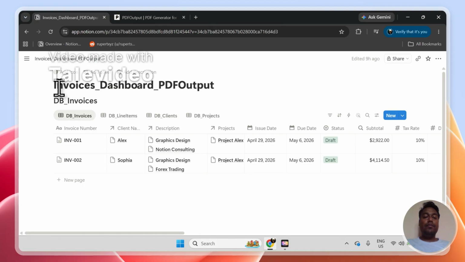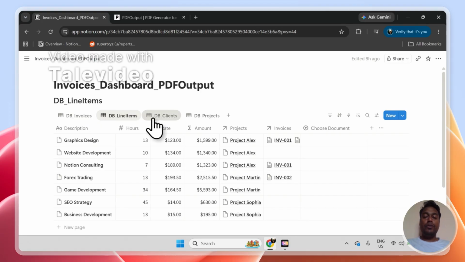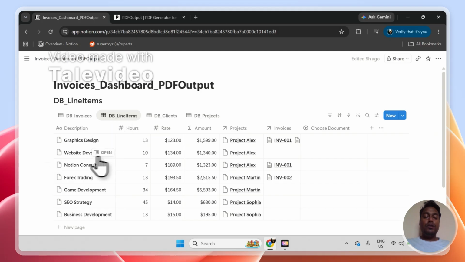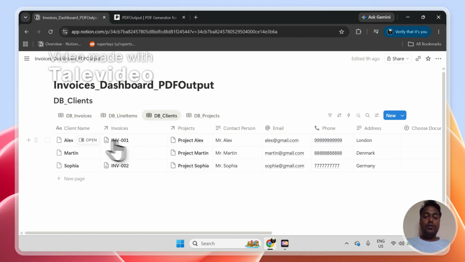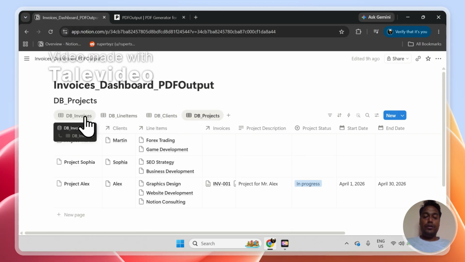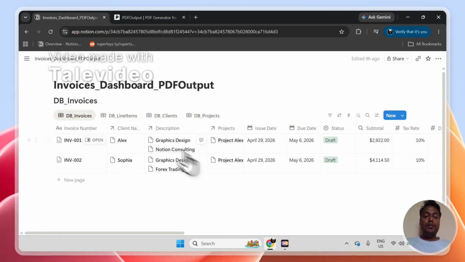So as you can see, I have created an invoices dashboard which has four different databases that are connected to each other. We have the invoices database, we have the line items. So this explains every invoice which has the corresponding line item entries. We have a client database which is connected to the invoices. And then we also have projects which are also connected to every invoice. So this invoice database is the primary database which is connected to client. It is also connected to the line items database which has all the details, and it is also connected to